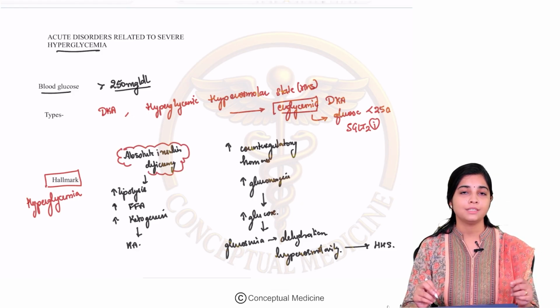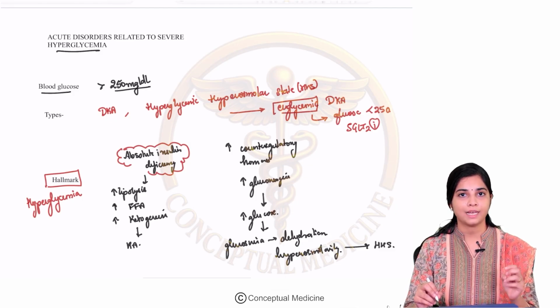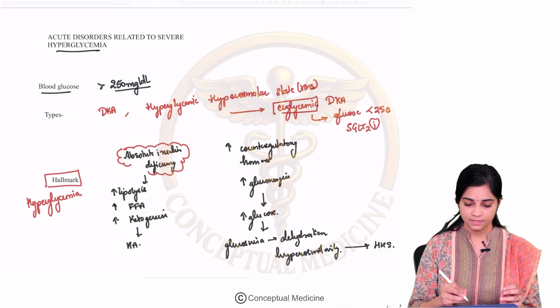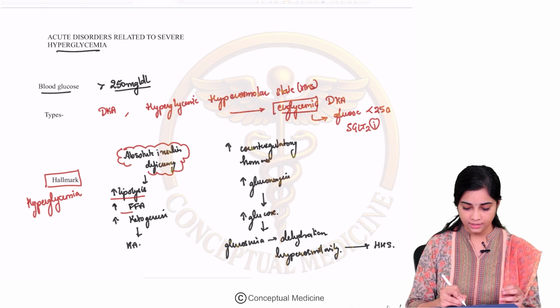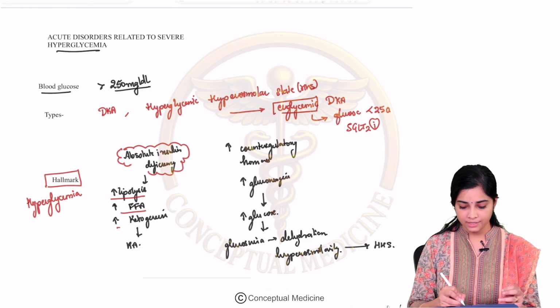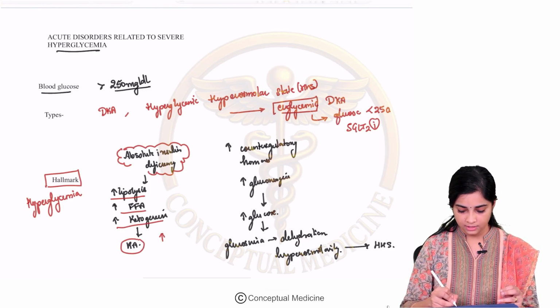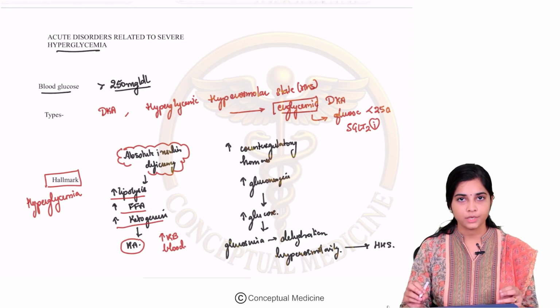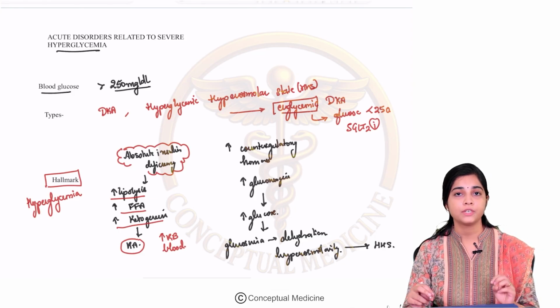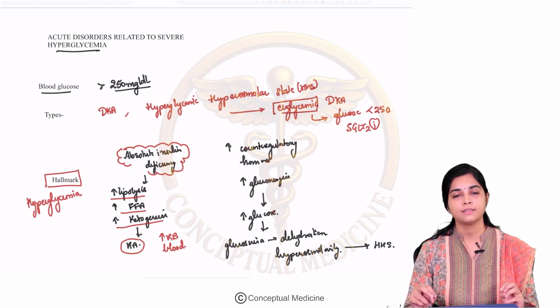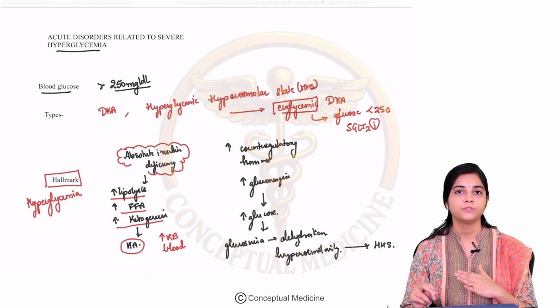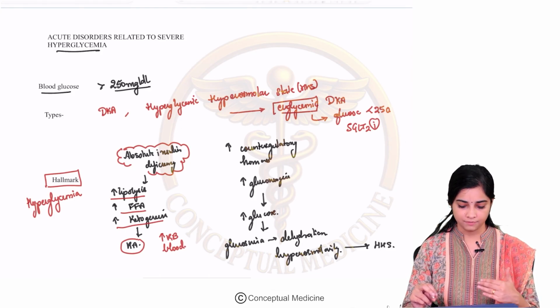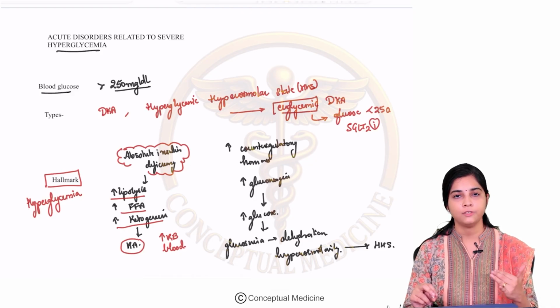Whenever there is uncontrolled hyperglycemia and absolute insulin deficiency, there is increased lipolysis, increased free fatty acid formation, increased ketogenesis, and hence ketoacidosis happens, with increased ketone bodies in the blood. These free fatty acids are moved towards the ketogenesis pathway, and hence there is increased ketone body formation in the